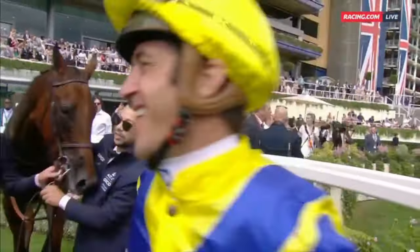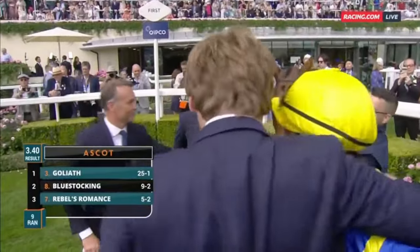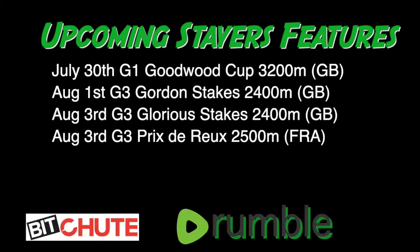That was a stunning performance. Did they go too hard? That would be the question. Oh, undoubtedly. Yeah, undoubtedly. So possibly they didn't. Auguste Rodin and Luxembourg are suspect stayers in a strongly run mile and a half. Potentially that looks to be the case here, but Goliath, goodness me, first run in a group